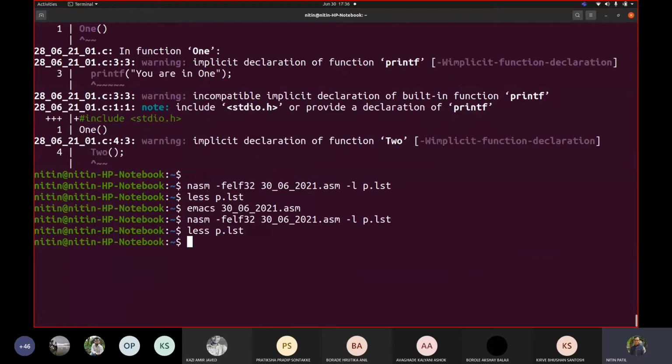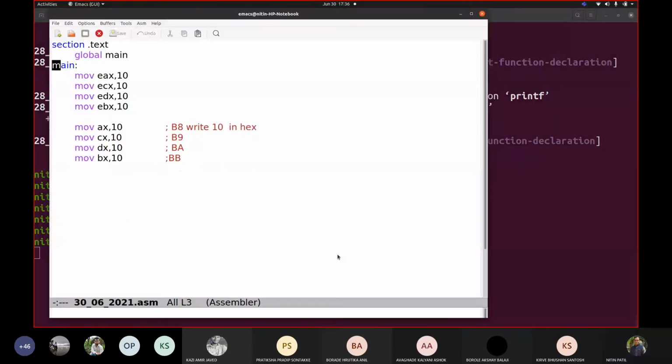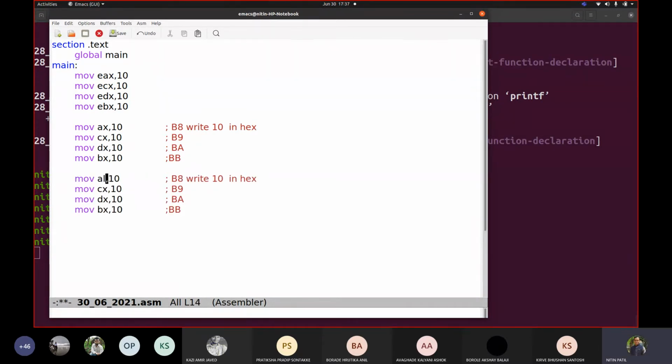Now, what will happen if I replace X by L? So this is 8-bit, because we would be having these 3 kinds of registers.